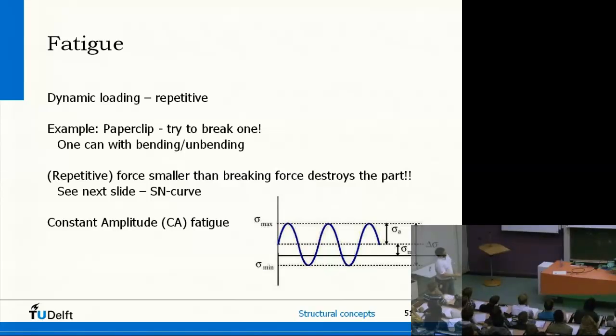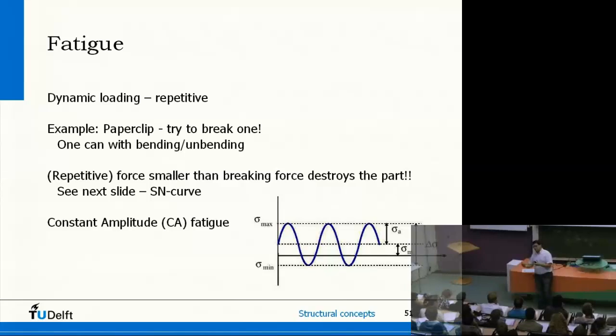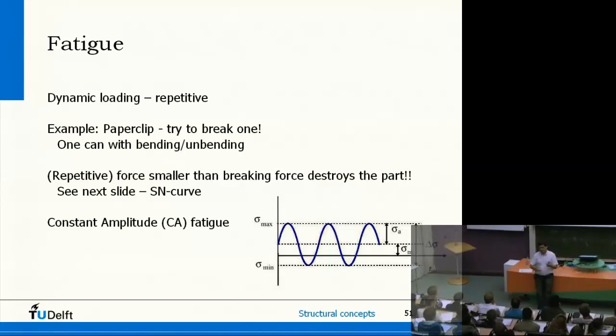Well, here you see, for instance, what kind of loading you can have. Think about the fuselage again. You pump it up every flight, and if an aircraft is flying 50,000 flights or 90,000 flights, you have 90,000 cycles, and those are severe cycles. Also a wing, when it is flying, you have a lot of movement in the wing. These are all kinds of fluctuating loads that may introduce fatigue.